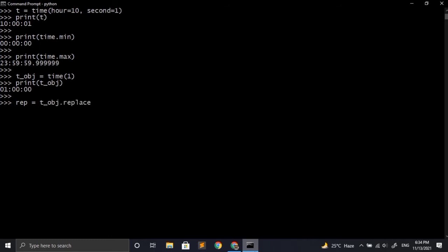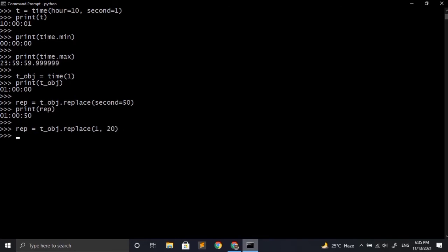So here in replace method, if we directly write the value, then it will change the first corresponding value, that will be of hours. But if we want to change something else, we can specify, like I have done here. I have specified seconds and I have provided the value for that. Now if I execute it, it will just update the value for seconds. Rest all remains the same.